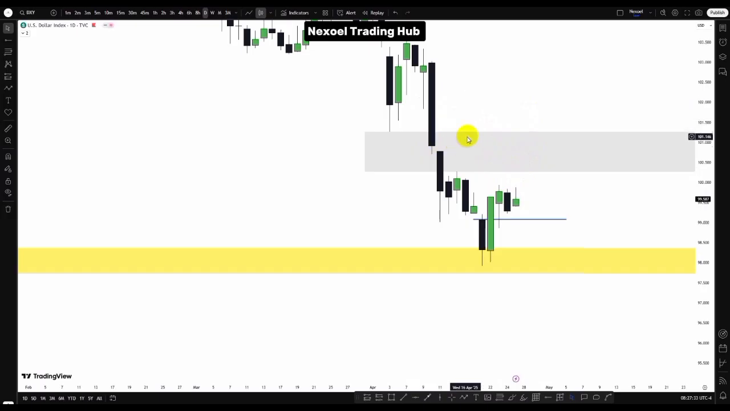Then we have to wait to see the model that price will create. If price will give us a sell model, once price fully mitigates these sponsorship zones, then we can anticipate sell continuation to the downside. So now we can see price has mitigated the monthly bullish fair value gap zone and has given us this